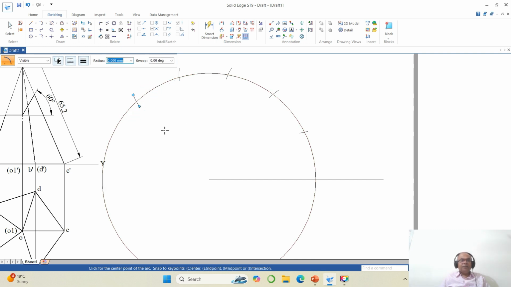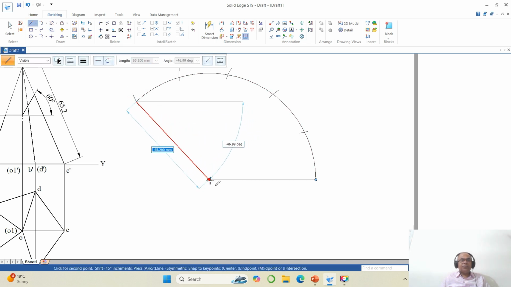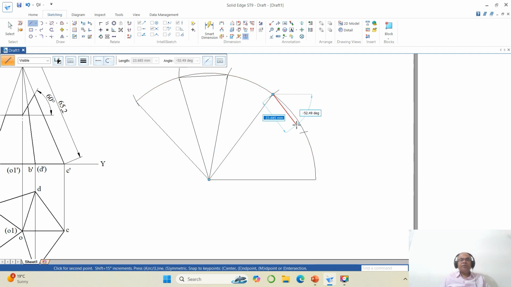So this is how you will be able to get this. Now you go to trim this portion and this portion. Now you go to line command, draw a line from end point of this to end point of this to intersection point of this to